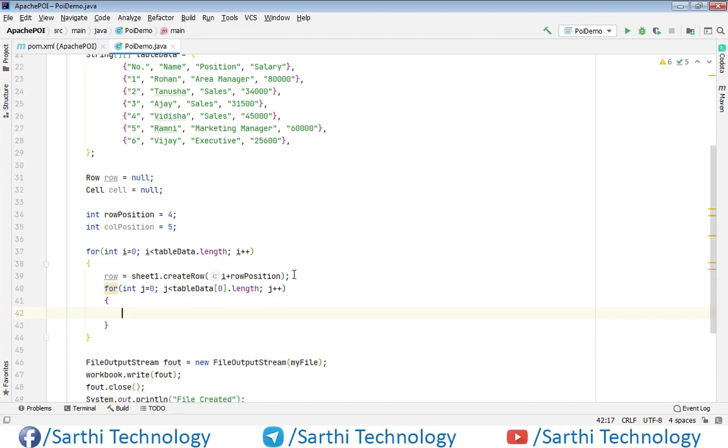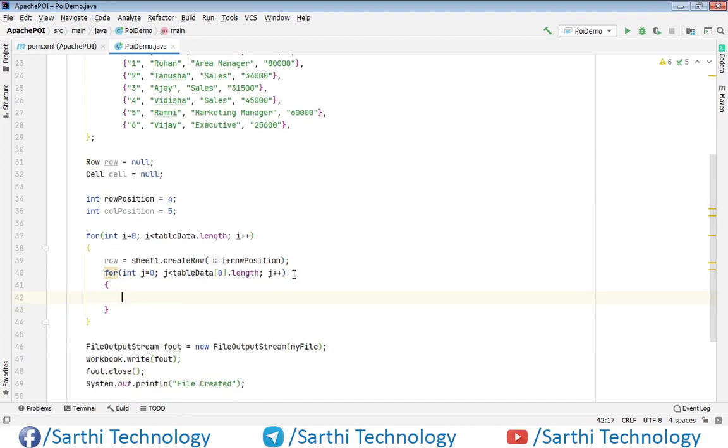Okay, and here first just assign a value to the cell. So cell equals j plus column position. The column position is 5, and if j is 0, the first column position will be 5, and next time j will be 1, so the column position will be 5 plus 1, that is 6, and next time 7, 8.